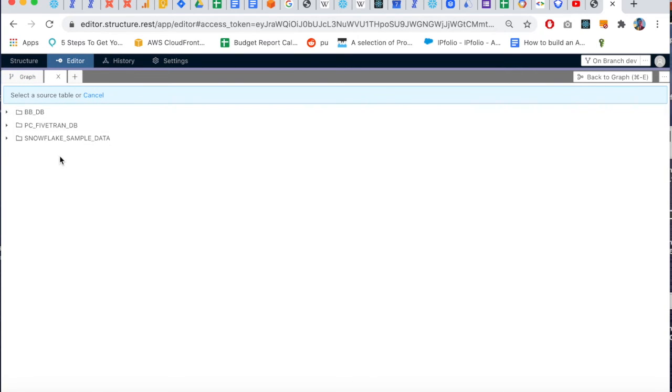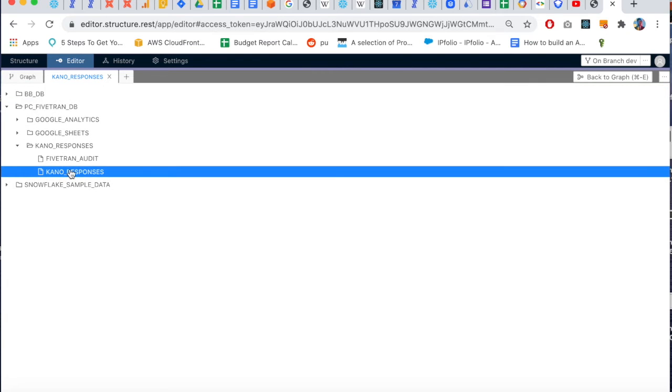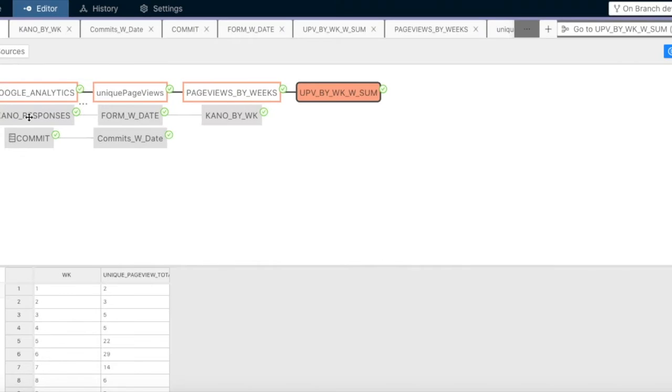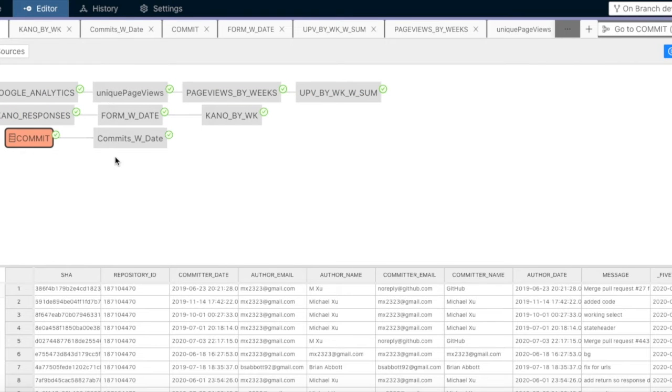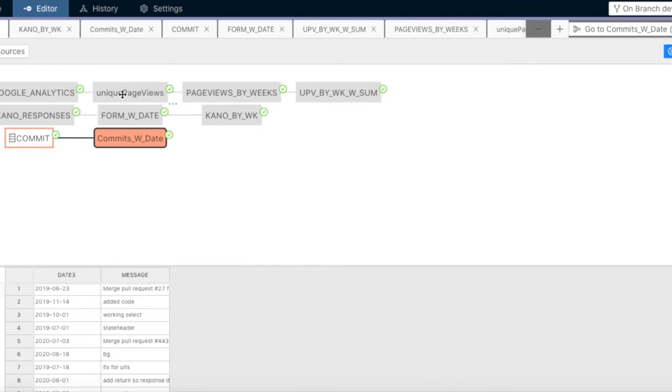And the sources get taken from Snowflake. And Fivetran is connected to Snowflake right now under this folder. We can see our Kano responses is there. So we want to add that response. So I've got my Google Analytics, my Kano responses, and my commits, and I kind of want to just join them all up. So I was doing this,